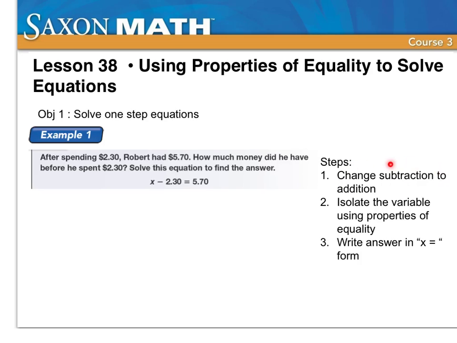First one says change subtraction to addition, as usual. Step 2 says to isolate the variable using properties of equality. So again, that means we want the variable to get by itself. And step 3 says to write your answer in x equals form. And I almost forgot, I need to add a step 4 here. And that is to answer,